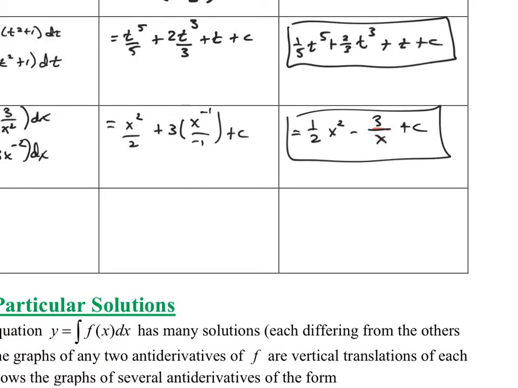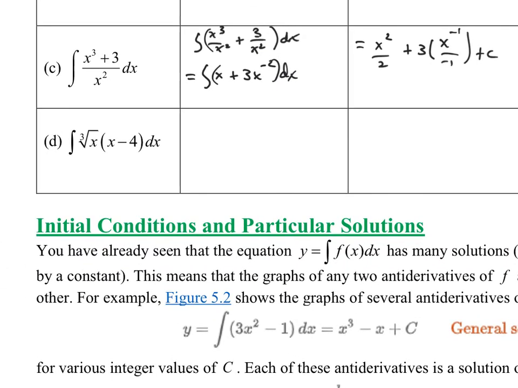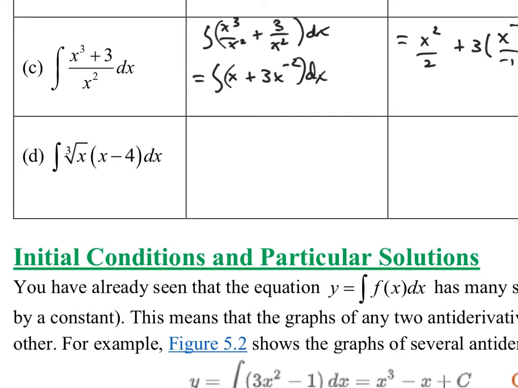Okay. Let's keep on going here. How about the integral of the cube root of x times x minus 4? Do I have to use something like the product rule in reverse? And the answer is, well, no, not on this one. This is really the integral of x to the 1/3 times x minus 4. And that's something that I can distribute, right? So this is the same thing as the integral of x to the 1/3 times x. It's 1/3 and 1 as my powers,